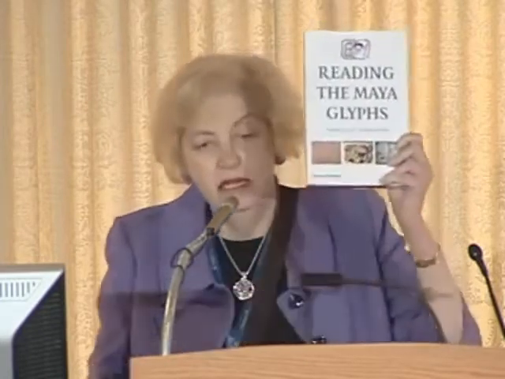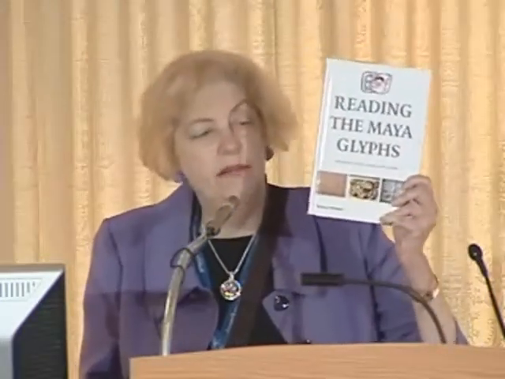Some of you may remember Michael Coe from the Kislak lecture that he gave here several years ago. And they produced this book, Reading the Maya Glyphs. He also gave me a copy of the book in Arabic, which was published by the Library of Alexandria, right? In Arabic, of course.